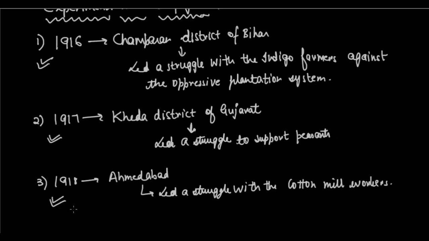So you can see Mahatma Gandhi performed his first three experiments in India after he came with Satyagraha, that is 1916, 1917, and 1918, all three of which were very good successes. And what role did they play? They helped spread the idea of Mahatma Gandhi, that is revolving around Satyagraha and non-violence, all across the country, and made him a nationwide figure. Right? So that's absolutely clear.